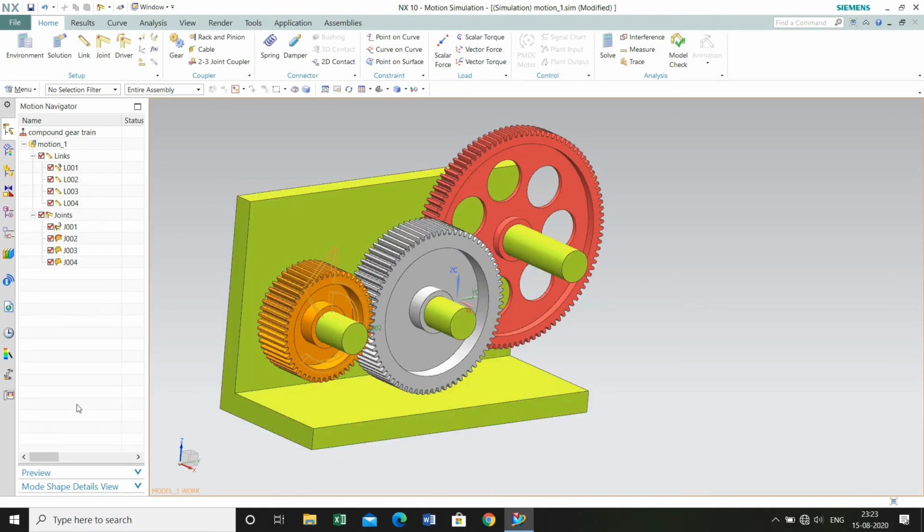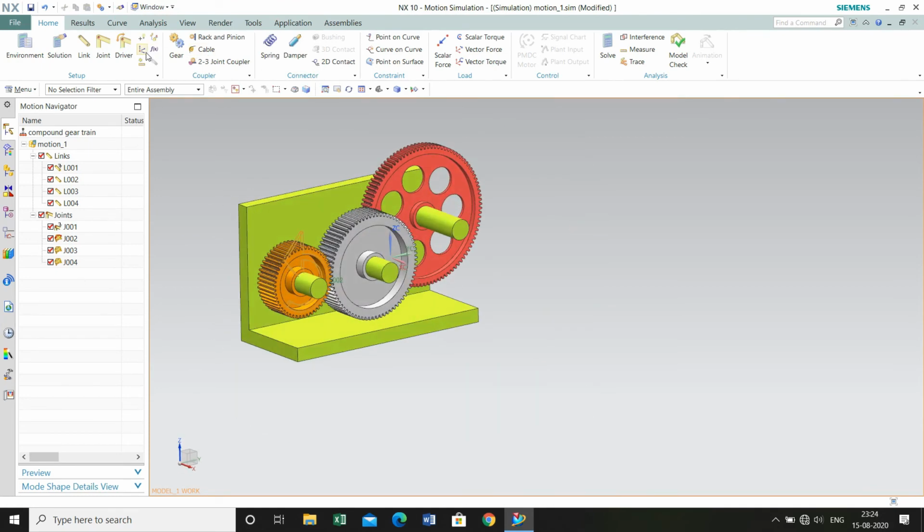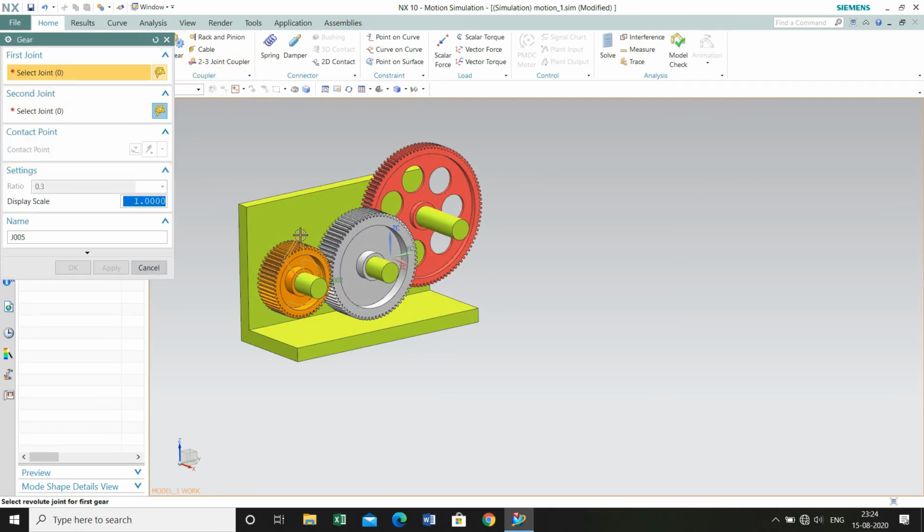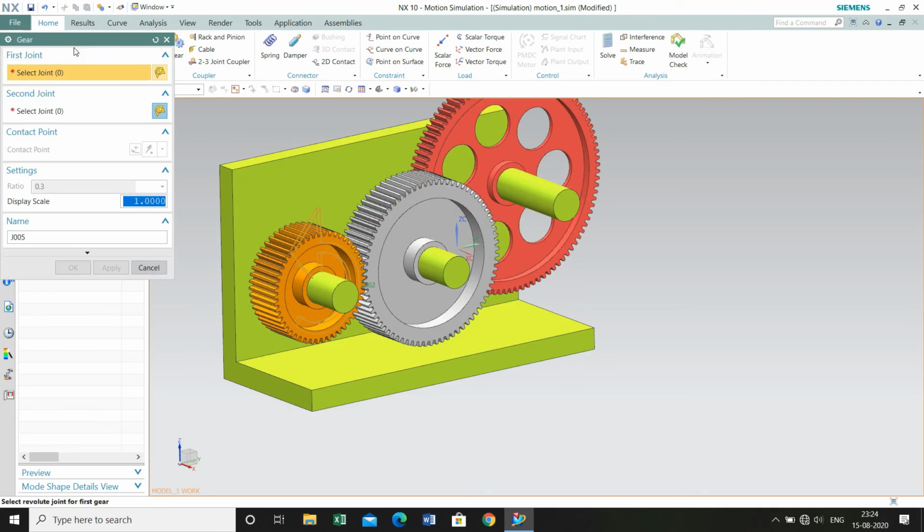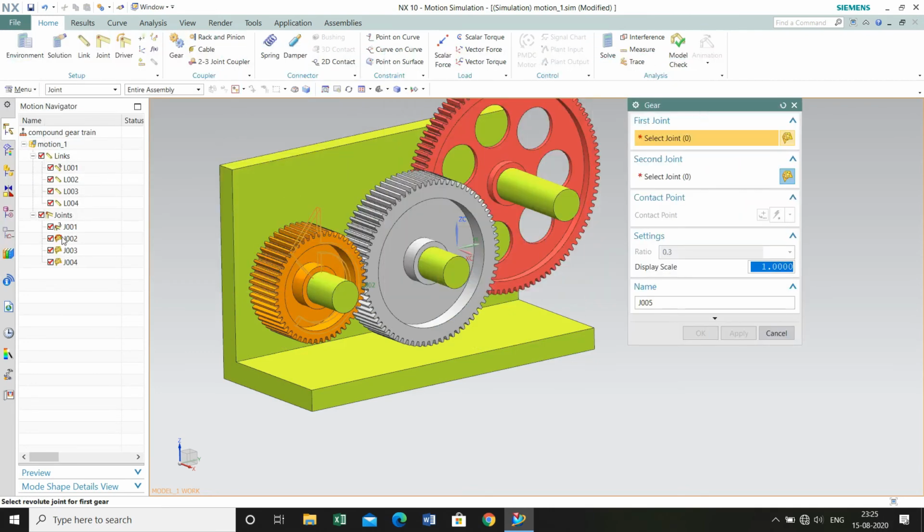So now we need to define the couplers. Go to gear couple and select the two joints in between which are having this contact as gears. Select the first joint as joint 2 and the second as joint 3, and we need to define the gear ratio in between them.